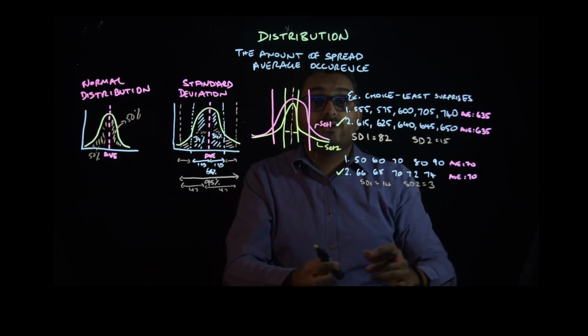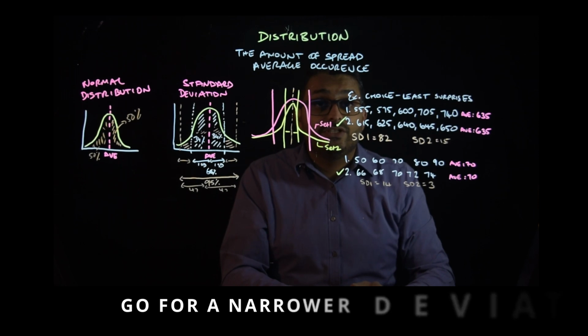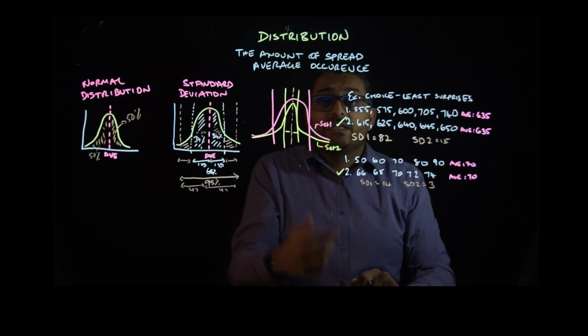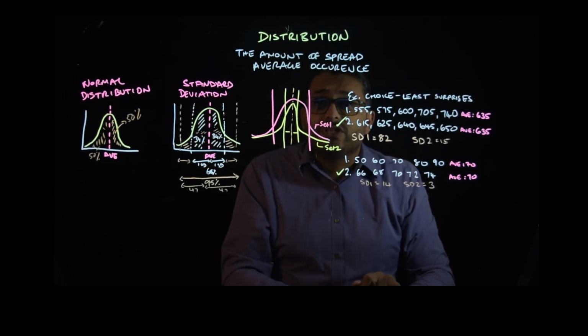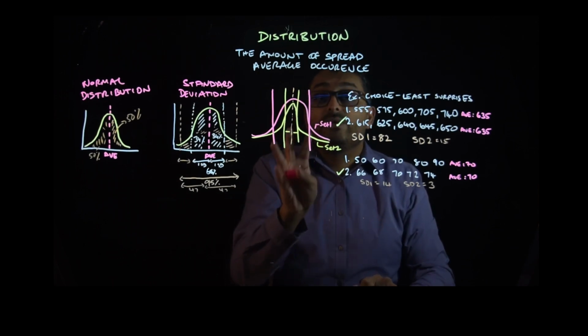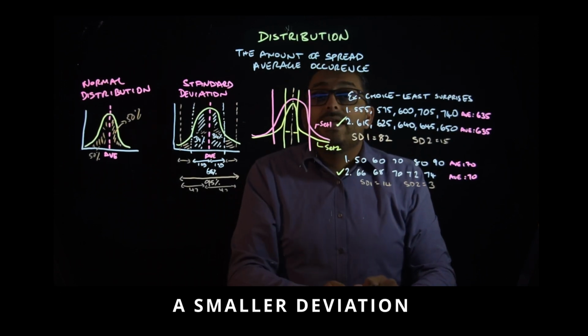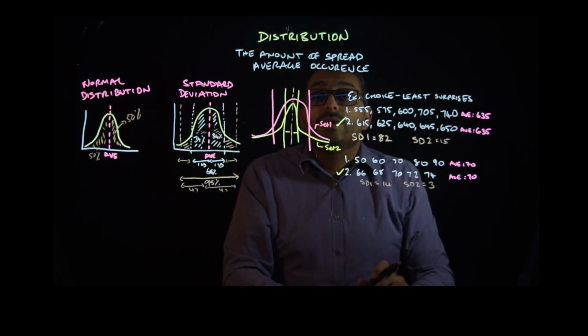We always want to try and go for a narrower deviation. Graphically, we can see that where the standard deviation is smaller, we are closer to the average. And as we are generally good at measuring the average of something, a smaller deviation can lead to even